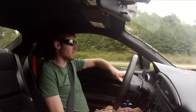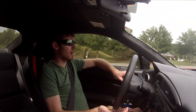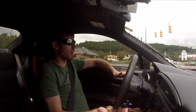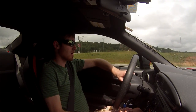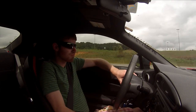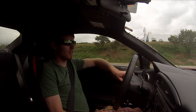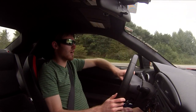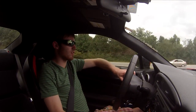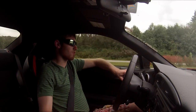This exhaust has been perfectly livable, because it's quiet when you're not into it. I mean, just right now, cruising on the highway, we're at 55 miles an hour, 6th gear, 2,500 RPM, you're not getting that much of anything at all. You get a nice little pleasant sound, but it's not going crazy or anything like that. You hear it a little bit once you get into it, like when you rev match a downshift,